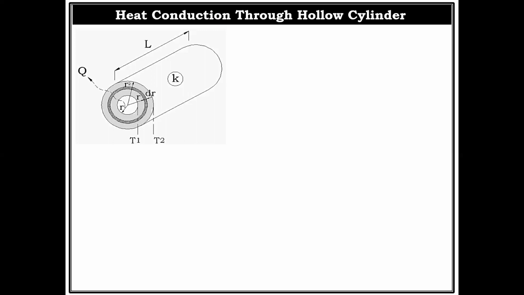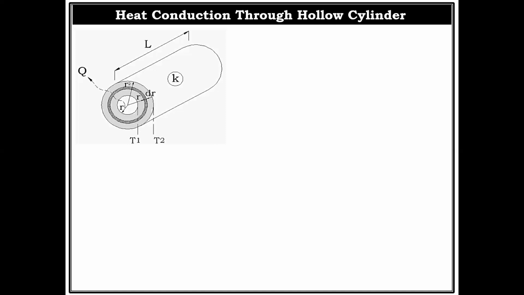And it might be in a reverse direction also, from outer to inner. It depends on the particular circumstances, which temperature is higher. So as T1 is higher than T2, that means heat is transferring from the inner surface to the outer surface. Now the problem is that when we go on increasing radius through that thickness of the hollow cylinder, at each level the radius will be increasing and the corresponding area will be different. So this cannot be solved in a simple way.